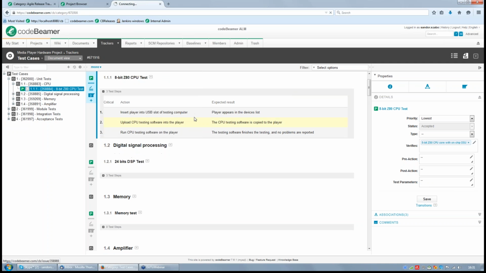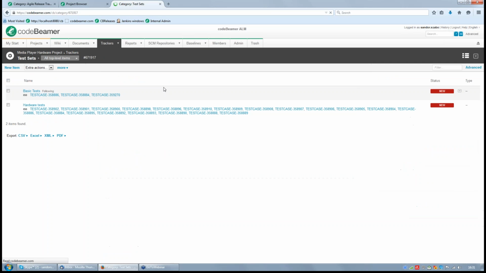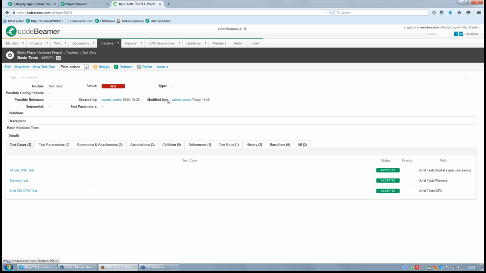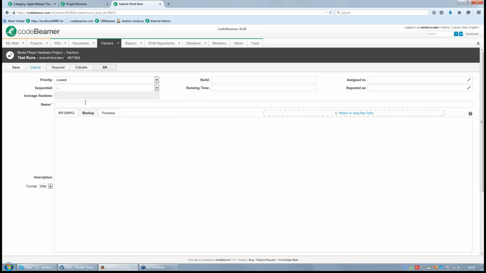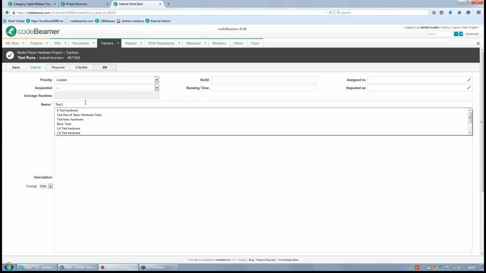and we have the test sets. In the test sets page, you can organize your test cases into sets that will be run in one test run. Here we can see that we combine 3 test cases into one test set, and from the test set page you can initiate a test run. So just clicking on the new test run, you get to the new test run page,